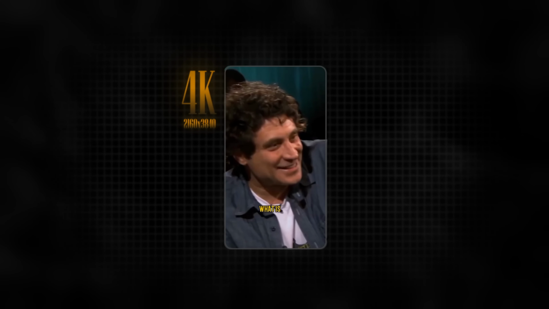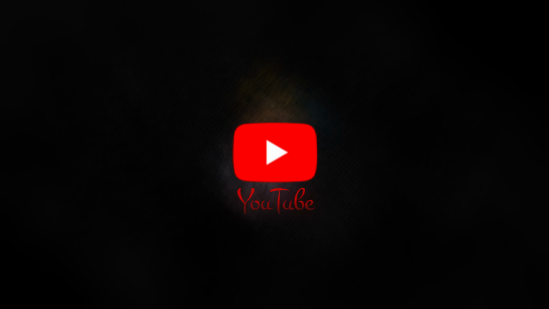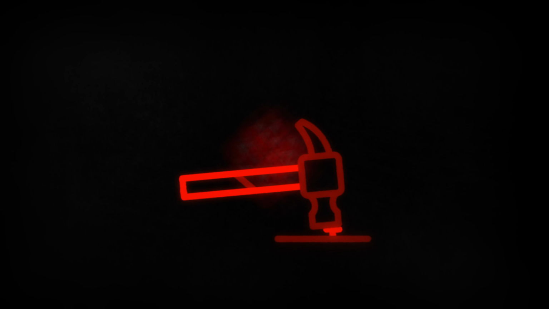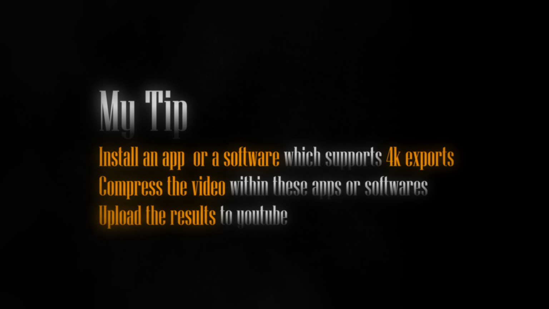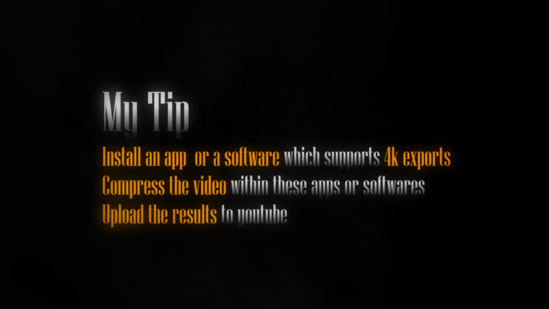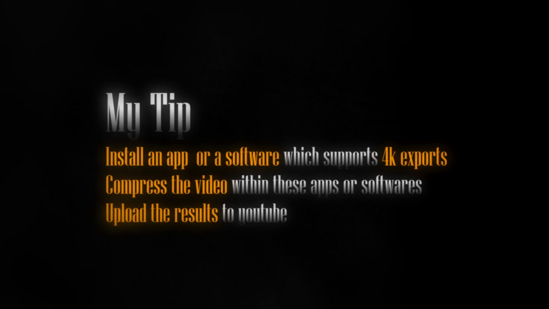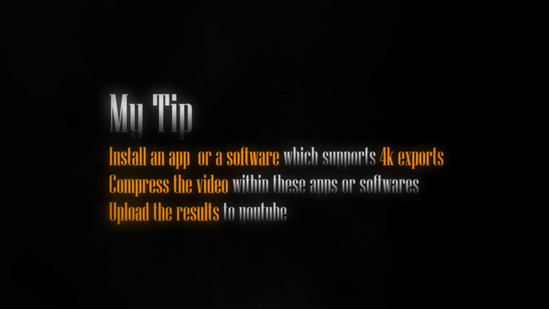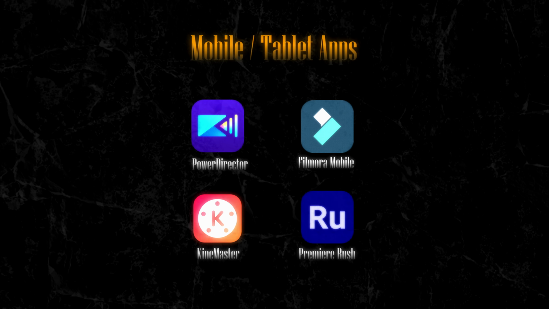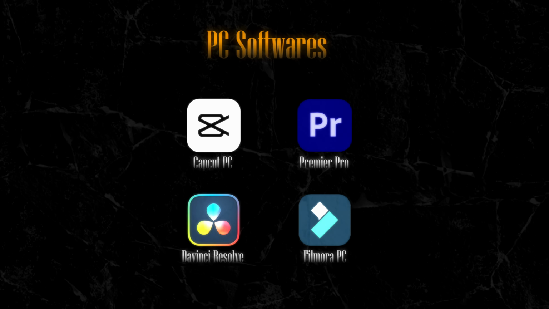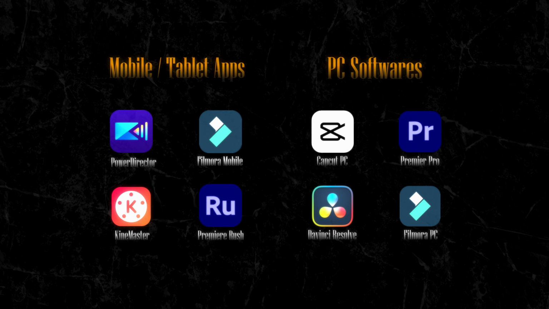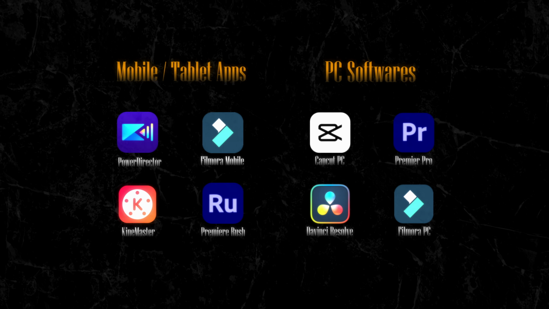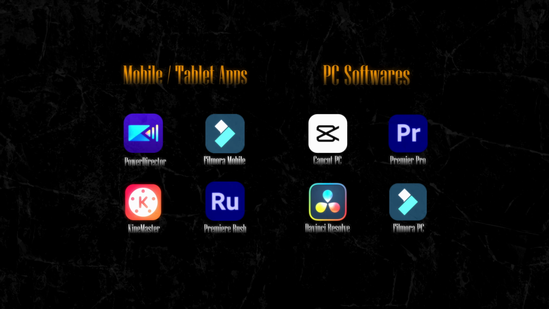But wait, don't just directly upload it to YouTube because the inbuilt compression system in YouTube is kind of bad. And you will see results like these if you directly upload to YouTube. My tip for you would be to install an app or a software which supports 4K exports. Compress the video with these apps and softwares and then upload the results to YouTube. We have got 4 apps for your mobile or tablet device and 4 softwares for your PC as well. All of these software supports 4K exports, but the only thing that you have to pay attention to is the